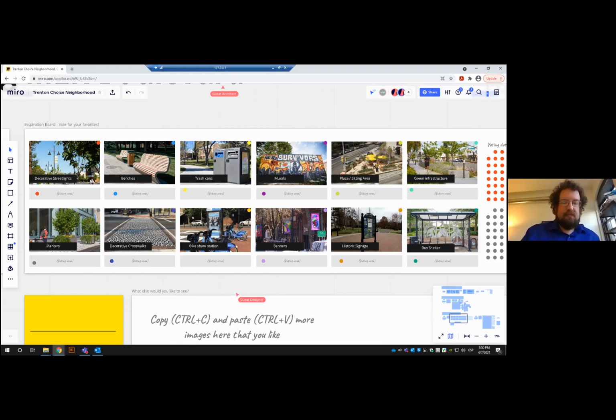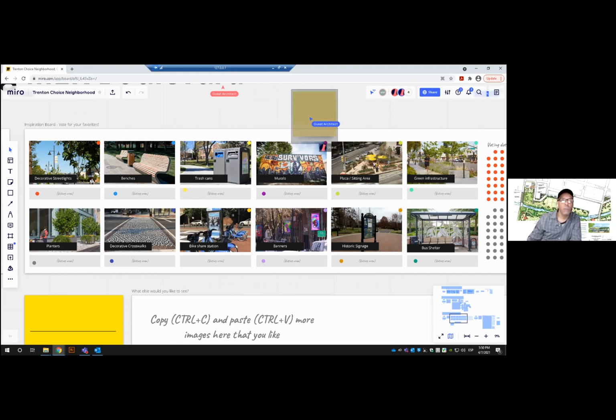The bus shelters and the benches, especially the recycle cans and the decorative street lights, would absolutely give it a distinctive quality. Decorative crosswalks will help with the property value, and the historic signage will remind people that they're in a very historic area. There might be a few things we'd like to add to that list right there. And all of those would be welcome as a resident.